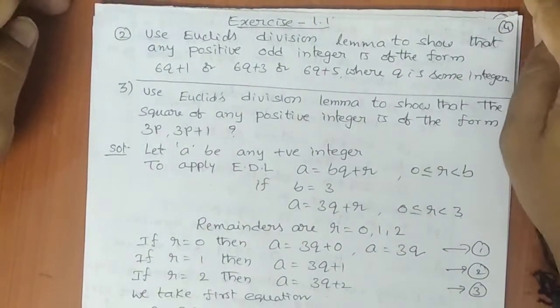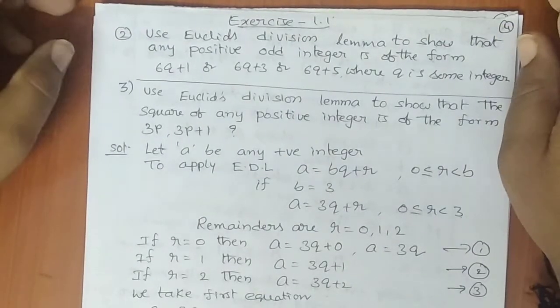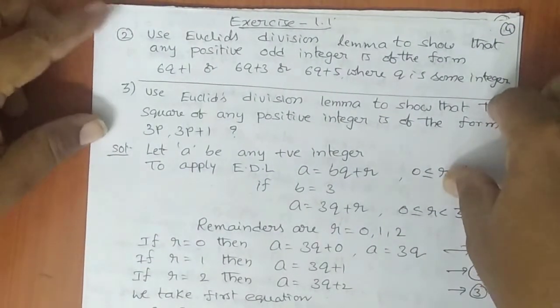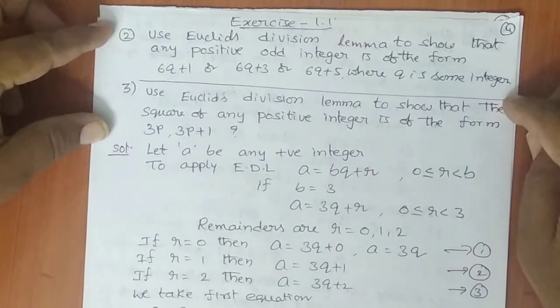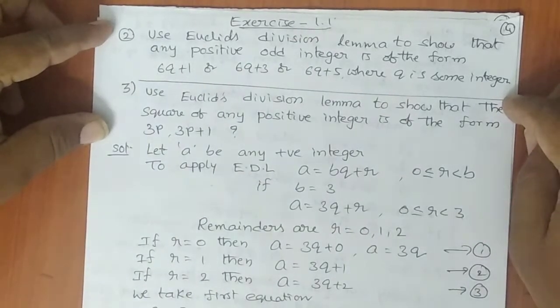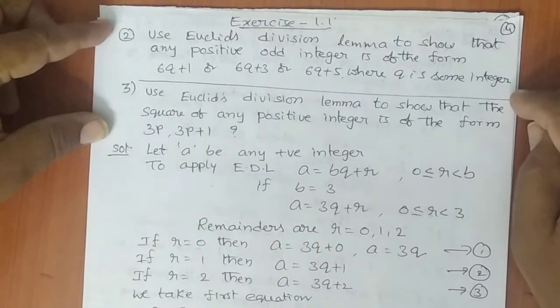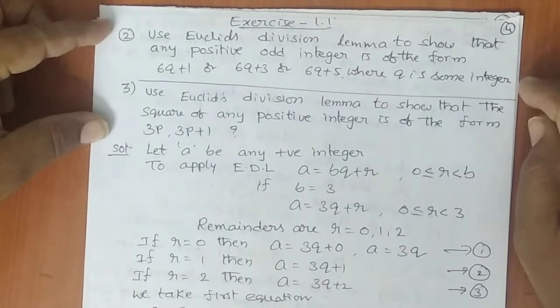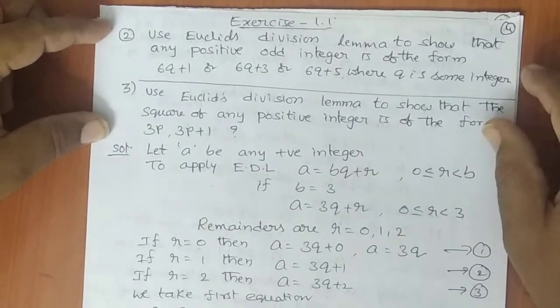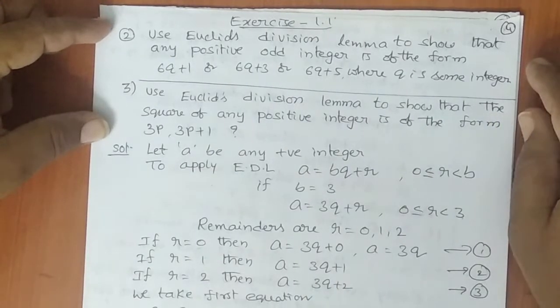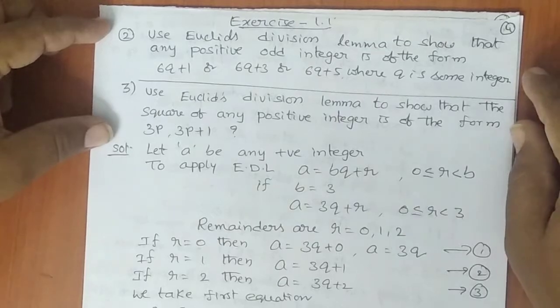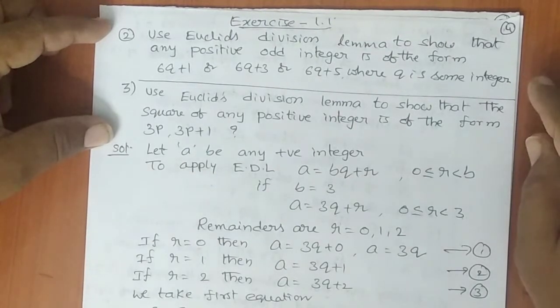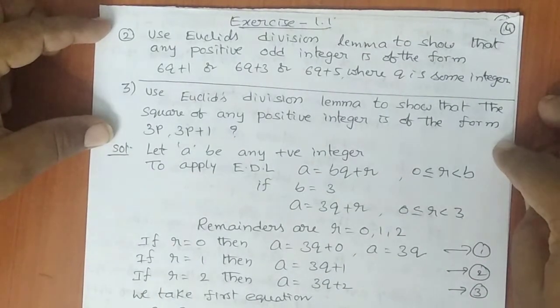In the previous class, to explain Euclid's division lemma, problems example 1 and example 2 were also discussed. Okay, in exercise 1.1, second problem, same model as example 1 and example 2, using Euclid's division